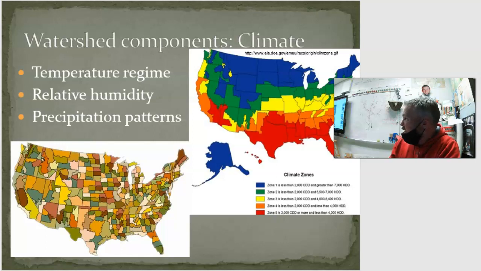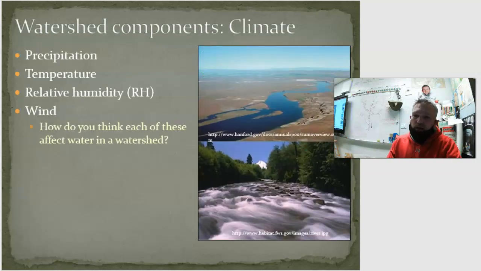This is going to be a big one. I'm not going to talk too much about climate because we've talked about it before, but I do want you to understand that climate plays a big role in how water moves through watersheds. Obviously, if it rains a lot, you get a lot of water in a watershed. If you've got a dry climate, then you don't have a lot of water in your watershed, right? So we'll leave that at that and move on.